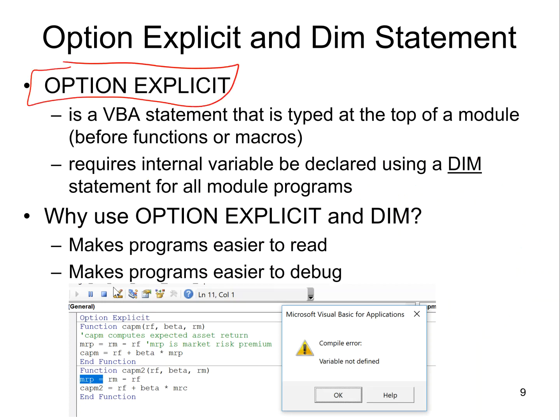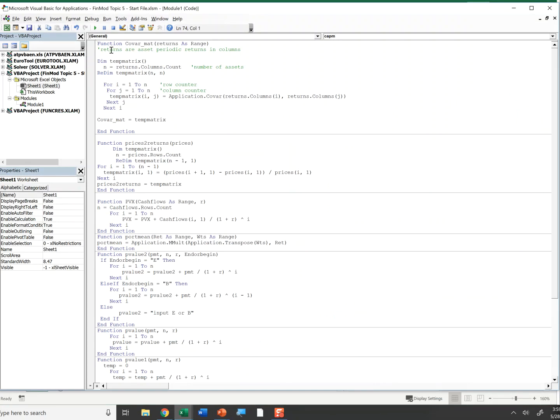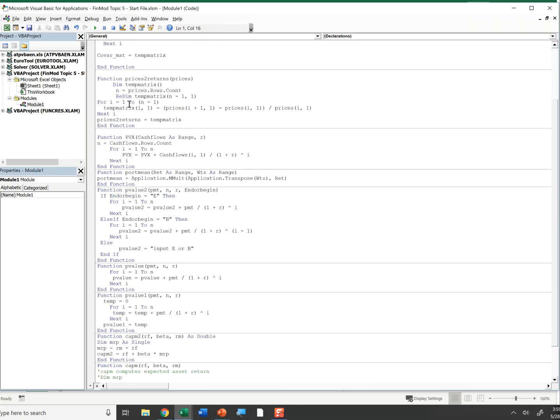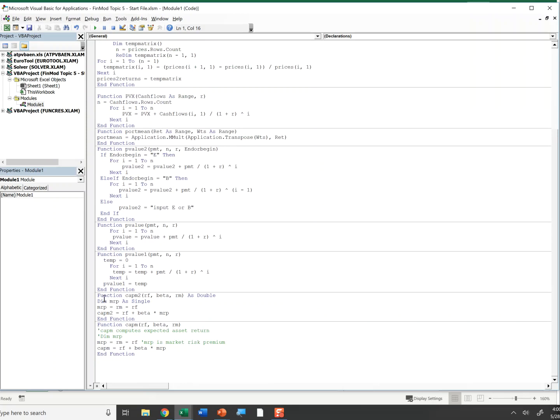So at the top of your module, let's go to our Excel, and I'll go to the Developer, Visual Basic. Notice I'm going to type at the top of my module, Option Explicit. Now notice this module has lots of programs. It actually has all the programs we're going to write today. But if I put my Option Explicit at the top of my program, and then I have capm2 with that typo in it, MRC,